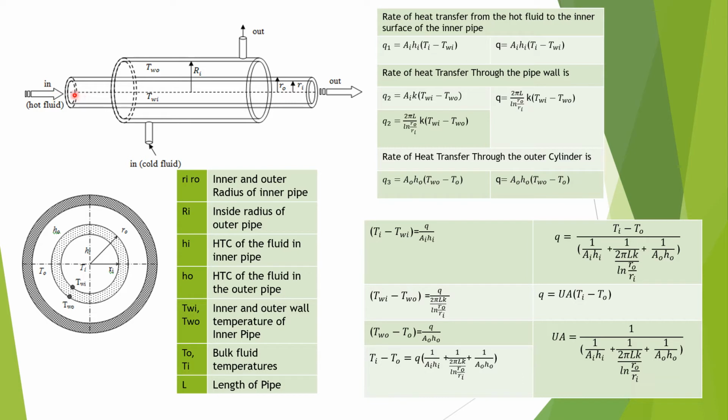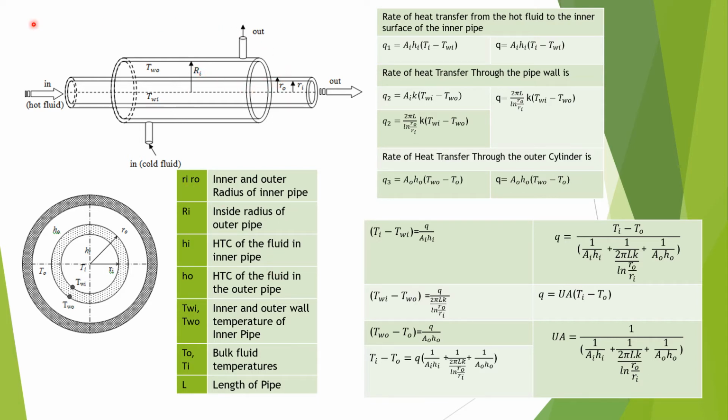And in this case, one more thing to note over here is that the hot fluid flows, as the arrow indicates, from left to right, and the cold fluid is also flowing from left to right, that is, from this direction to this direction. That is, here the flow is co-current, that is, the hot fluid and cold fluid are flowing in the same direction. I hope you have understood this arrangement.